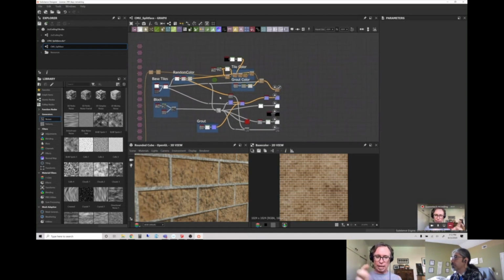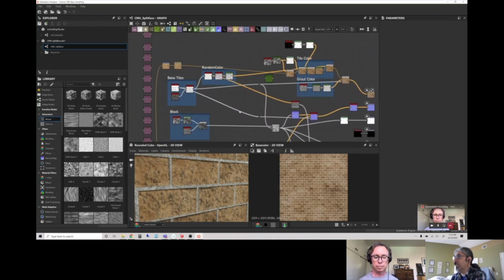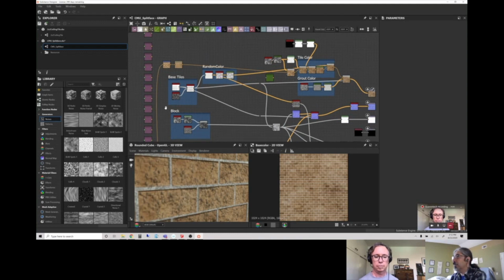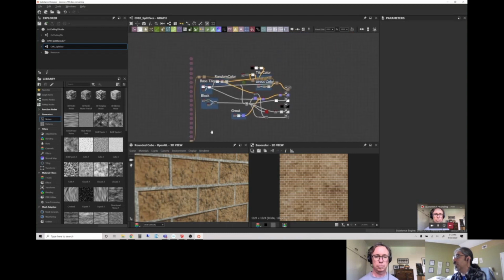And by putting it together in this exact way, you get this really cool output, but realizing that at any moment you can go back to any one of these pieces and adjust it, and it will affect the output immediately. So you're getting real-time texture creation with this really cool recipe that you've put together here. Correct. So I do the general math once, and this is the graph that I used to create the CMU blocks. And then I just input these values and I get the different color variations.